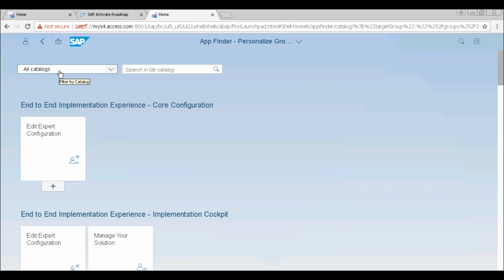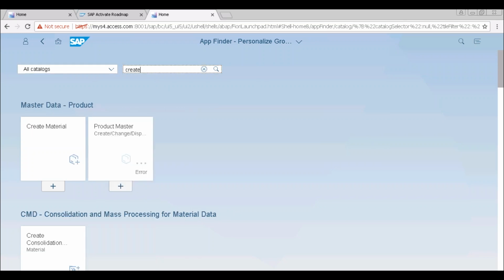So in SAP, let's say there are 1000 apps. It is not necessary that all the 1000 apps will be available to me. If I'm from the purchasing point of view, only let's say 100 apps are available to me. Out of that, I can control what I want to use and what I don't want to use. So I'll just come here and create